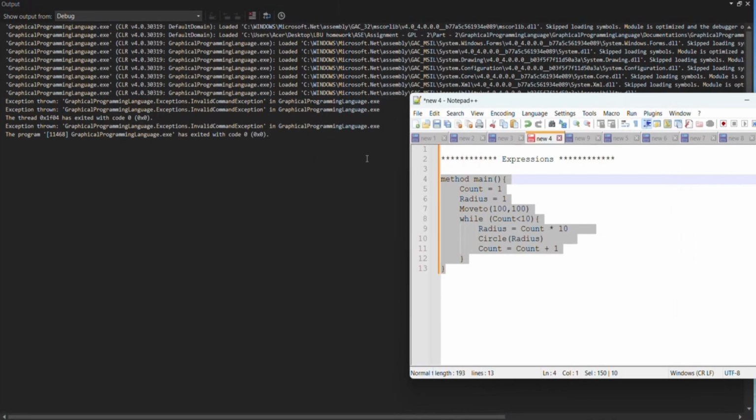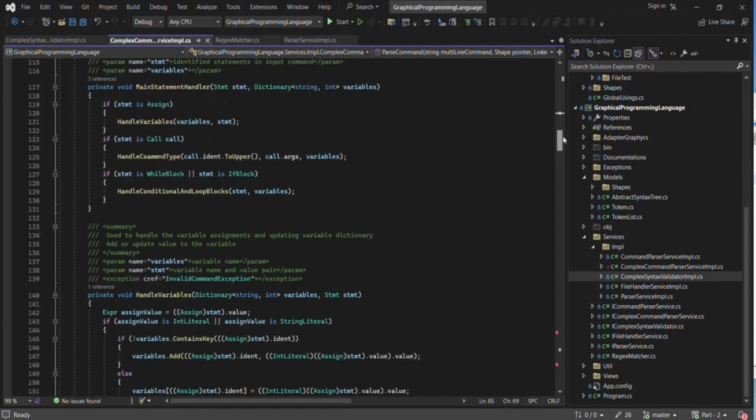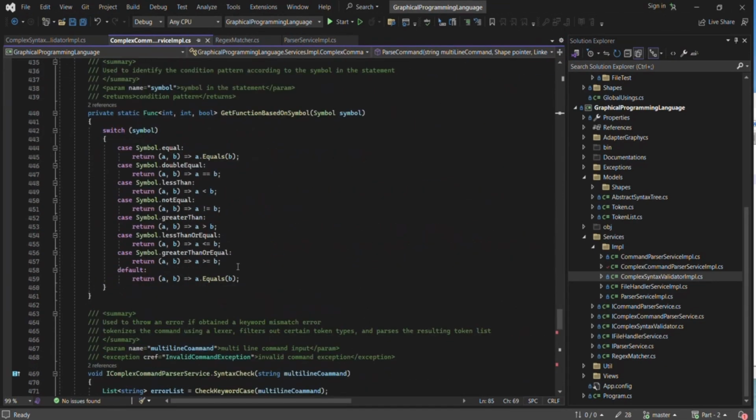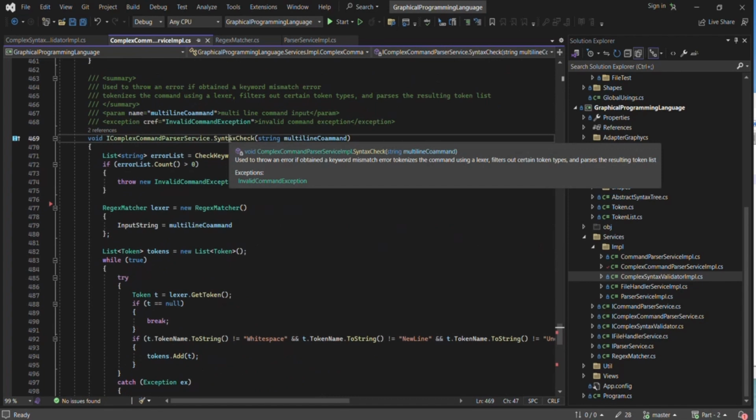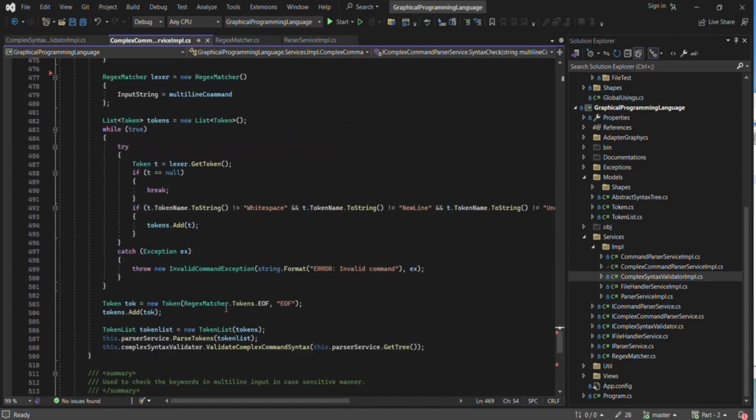So to achieve this one, I have created a separate syntax check method here. When the syntax check button is clicked, the complex command parse service's syntax check method is called, and inside there we have created our syntax